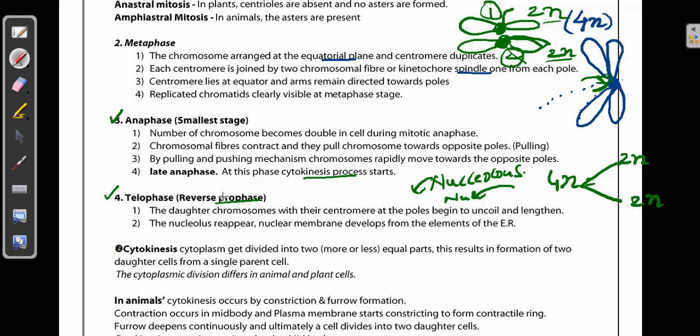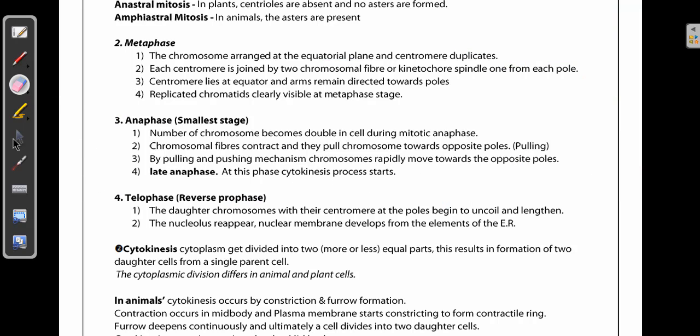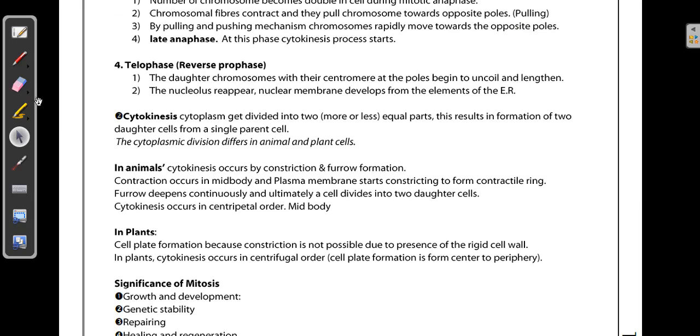And the next important stage of cell division we're going to look at is the cytokinesis. The cytokinesis is where the cytoplasm division takes place. The cytoplasmic division is quite obvious, because it is not a solid structure, it is like a semi-solid structure. So obviously there should be some division happening with the help of the proteins that are produced before the cell division. Okay, here you can see it happens in two ways, in plants one way, in animals a different way.